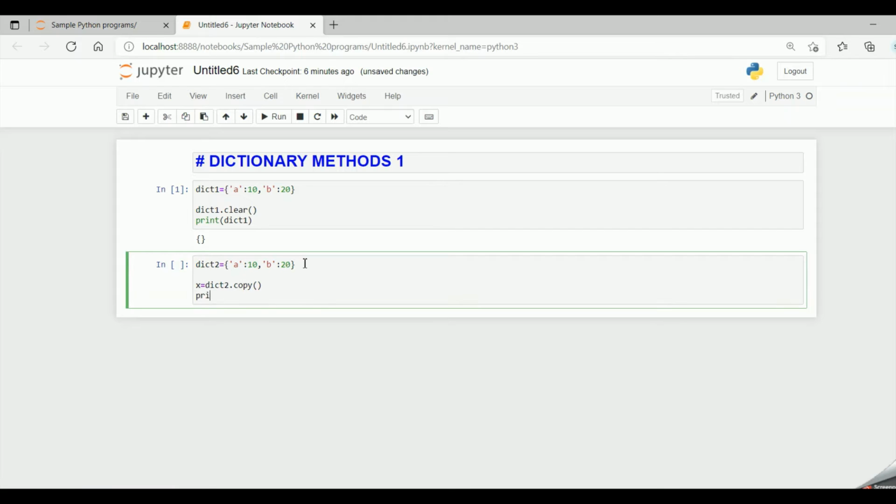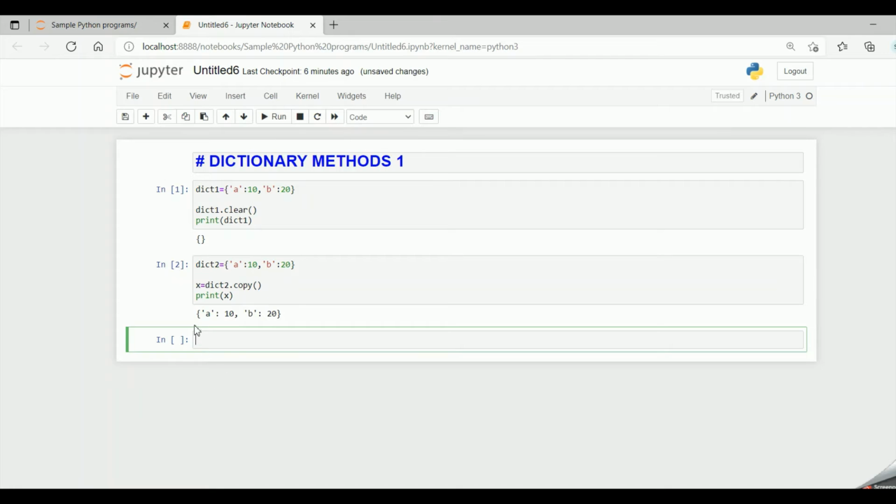Now if I print my x, it will have the same items that were present in dict2. The items have been copied into x. Now if I run the code, I get x as having a 10, b 20. So these were the copied contents.